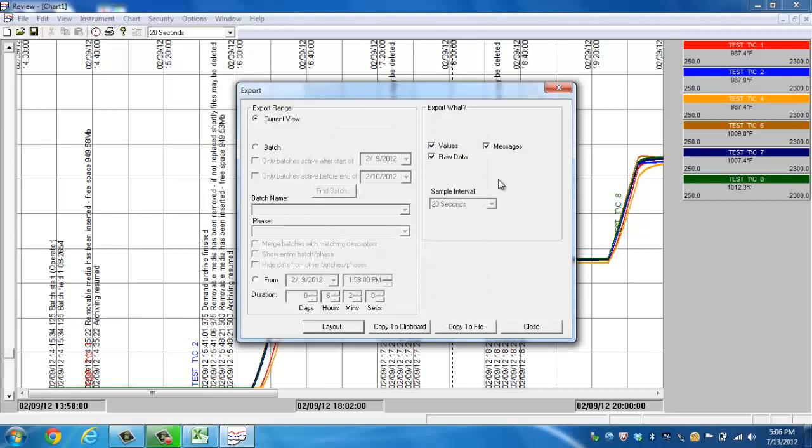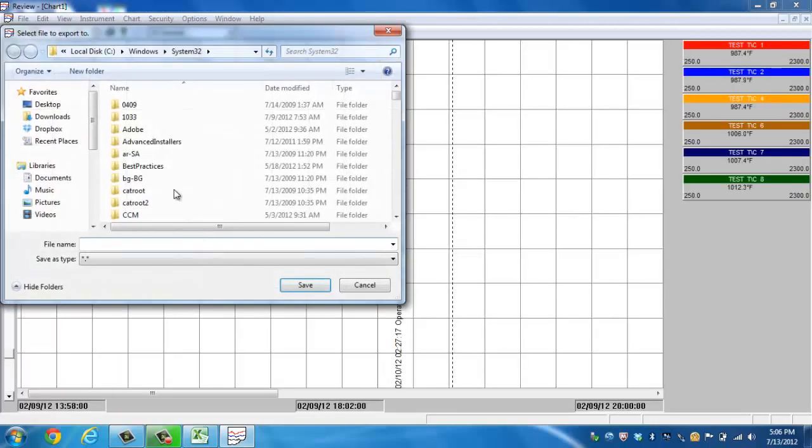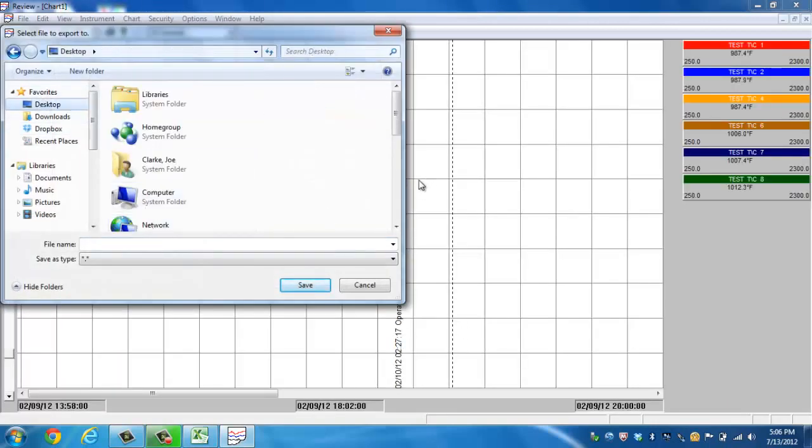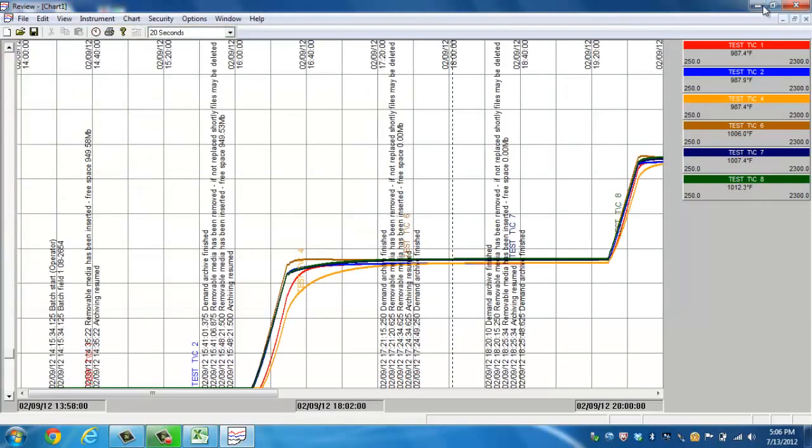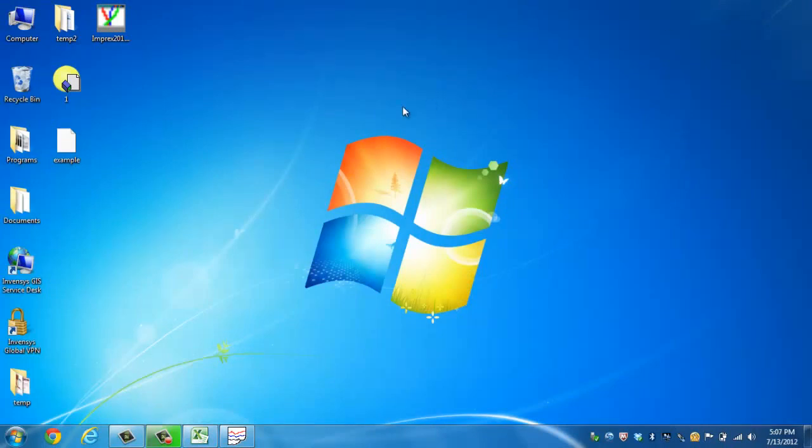What I'd recommend doing next, once you go through and choose what options you want, if you hit Copy to File, you can save it on your desktop as anything. We'll just label this example. And we notice that we won't give it an extension, and I'll discuss why we're not doing this. So I created a file called example, put it on my desktop, and here we go. Now we've got a file called example. It's a blank file